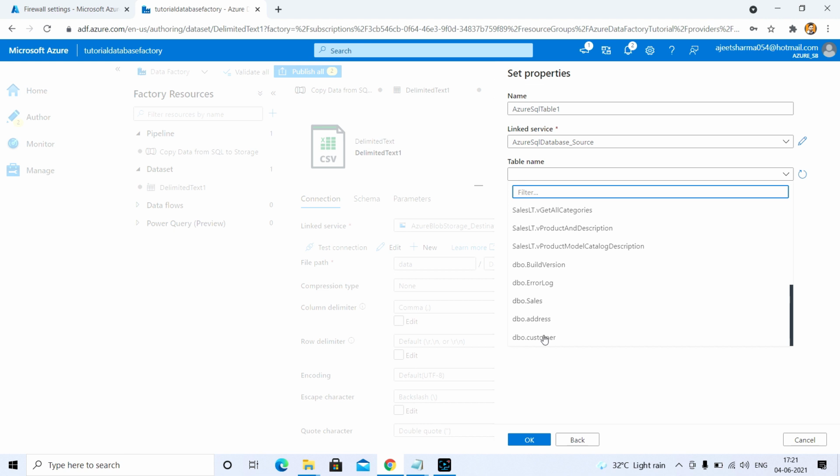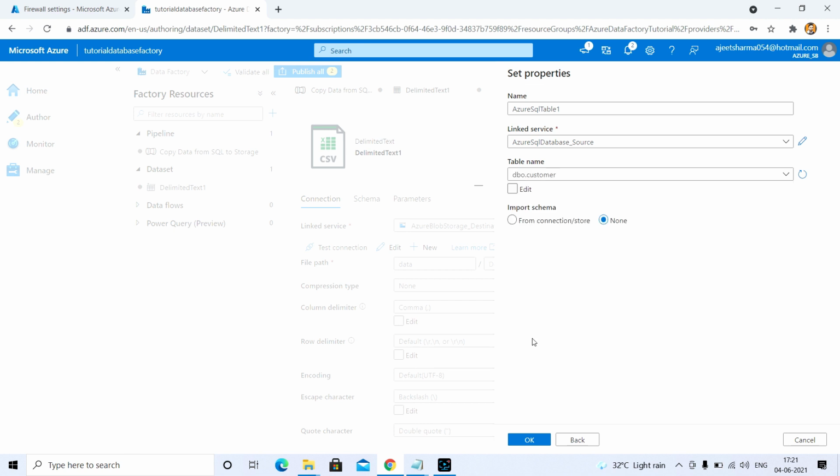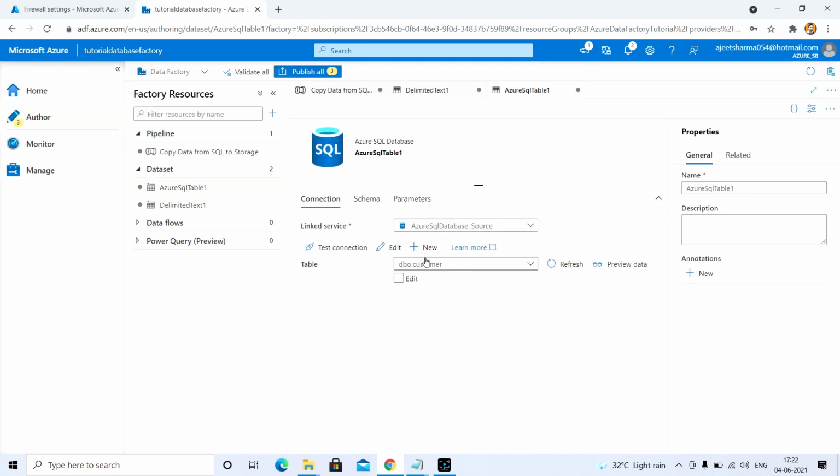In my case I am going to use this one, the customer information. Click OK. As you can see here, all these are created.